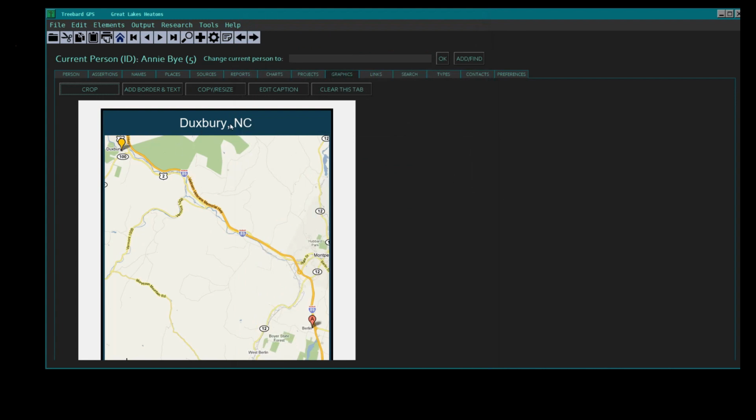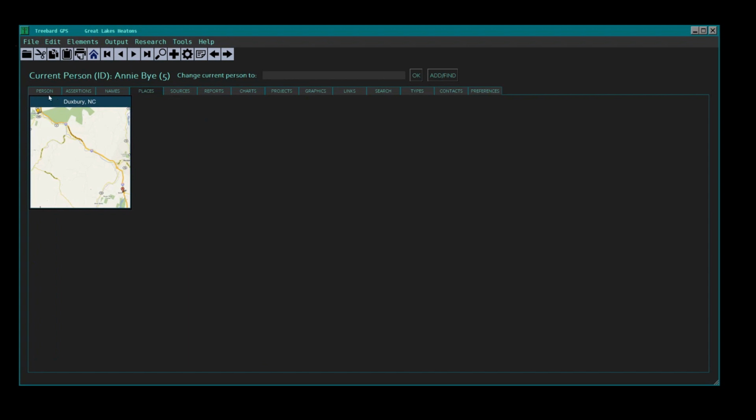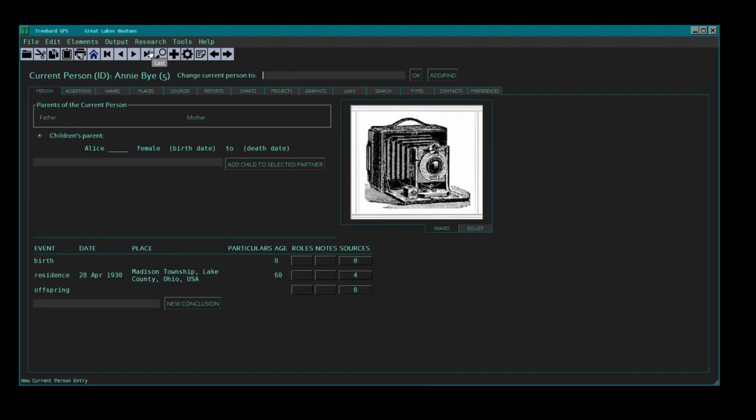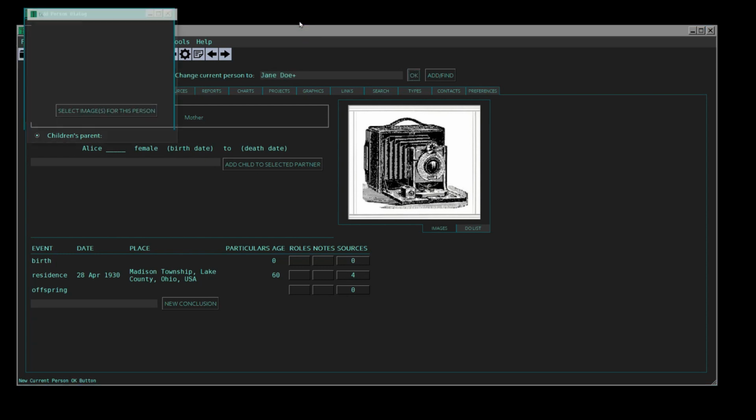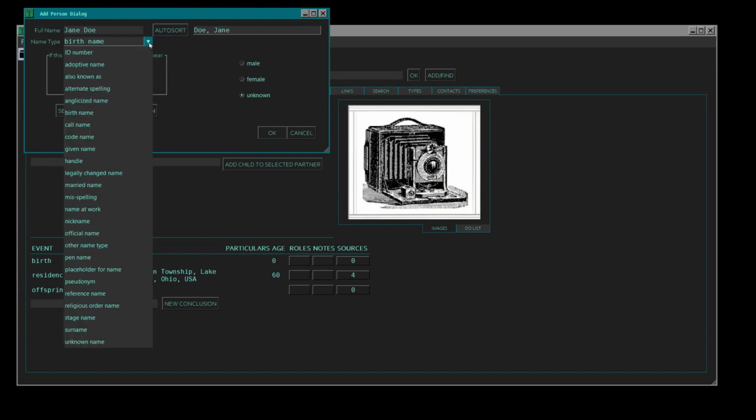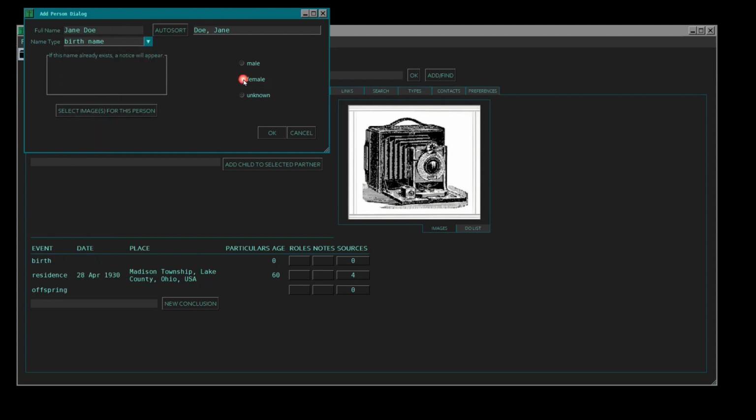Now, you could call this a caption if you want, but what it really is, it's text added to the picture. This text is now on the picture. It's not computer text. It's an image of text. Over here, you can add a new person right here in the change current person area. Okay, Jane Doe, here we come. Auto sort. We'll say that Jane Doe is this person's birth name, code name, call name, anglicized name, whatever. Let's call her female for now. And now this is a brand new